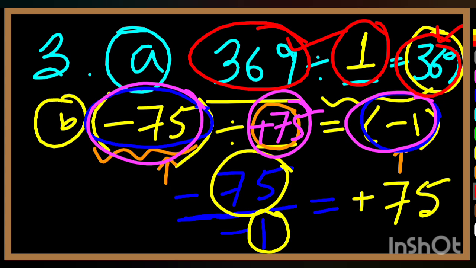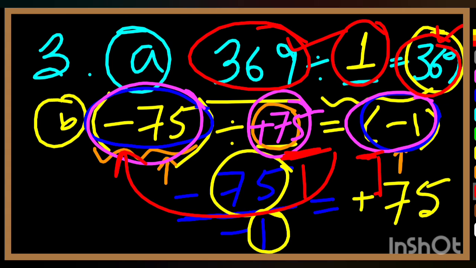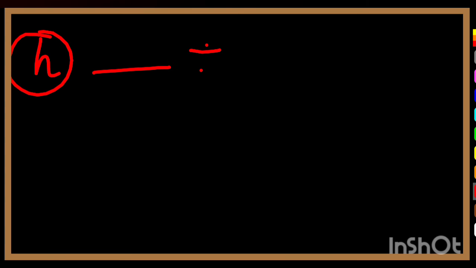And if the divisor is given only, then what will you do? If the divisor is given and the quotient is given, then we will multiply the divisor and the quotient for getting the dividend. Let's come to the next sum. The next sum is almost same as the previous one. Let's try the sum from question number 8. In question number 8 it is written something which is being divided by 4 and we are getting minus 3 as the answer. So how to do this sum?